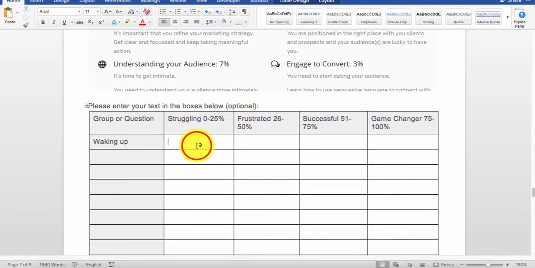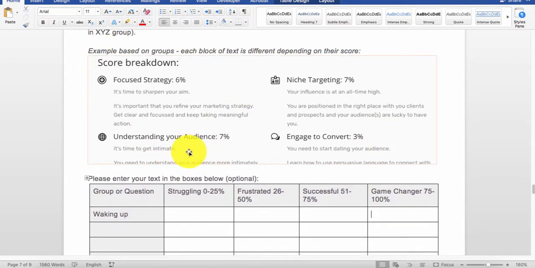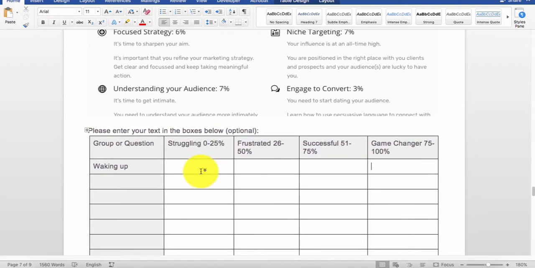So waking up, now if I've scored low in this, I could say something about really struggling to get out of bed, and I could say something about how it's not very good for trying to get a jump start on the day, etc. All the way through to the right, where it might be like, wow, fantastic to hear that you're actually getting out of bed and getting your day going. Keep it up, sort of thing. You've got some examples here, and you can see some examples in some of our demo quizzes as well on